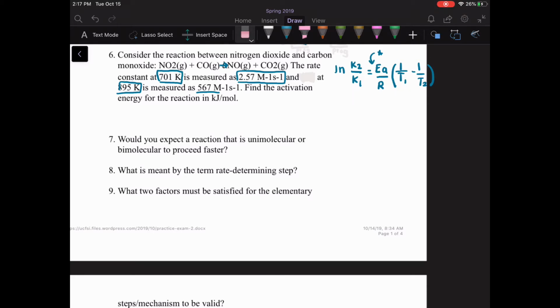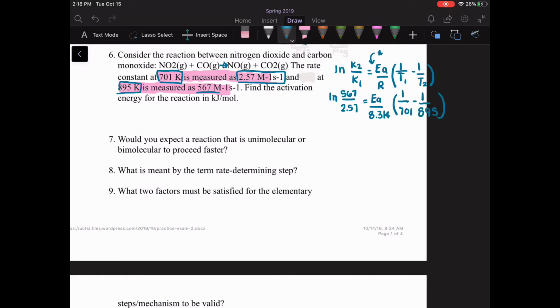But what I essentially am going to do is assign T1s, T2s, and K2s. So I'm going to make this first line of data my K1s, and this is going to be my K2s. So now it's just plugging in. So I have ln of my K2s on top, so 567 over 2.57 equals the activation energy over R, and the R you use here is going to be that 8.314, because it's dealing with energy. And then for my temperatures, it's going to be 1 over T1, which is 701, minus 1 over